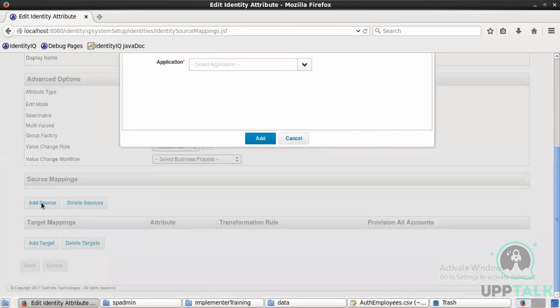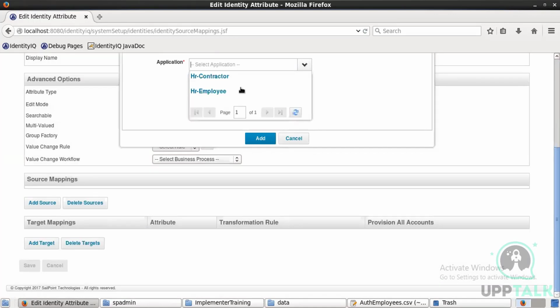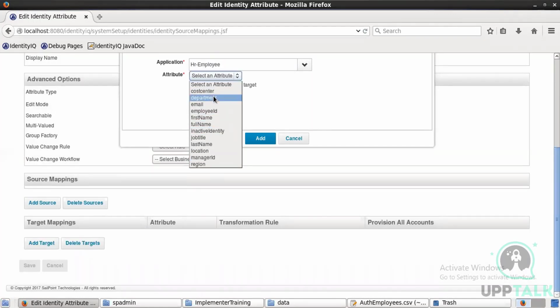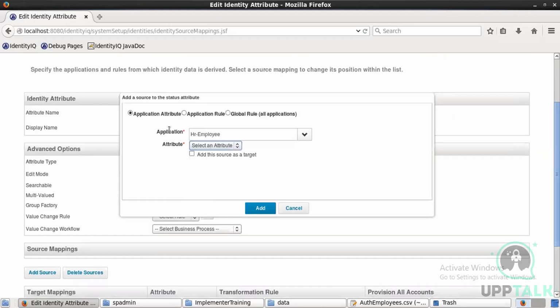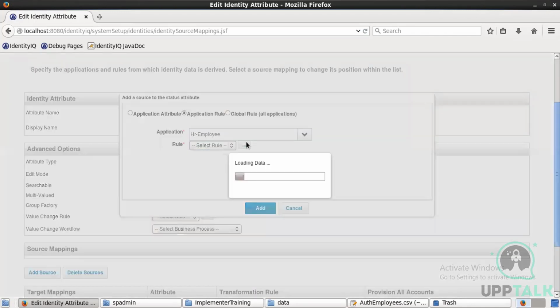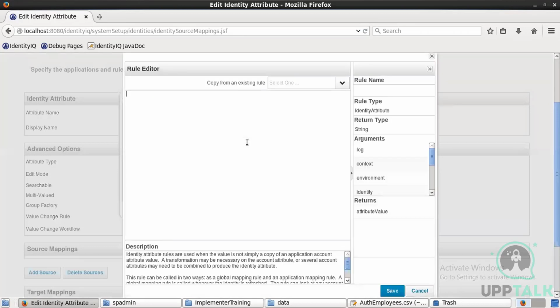So next, add source. If you just select the application, you won't be seeing the status attribute over here. Then what you are supposed to do? Instead of selecting this application attribute radio button, you will select this application rule, and you are supposed to write a rule over here. It's just a small one-liner rule. We are returning that value. See, it returns the attribute value. You can see here, right? So return